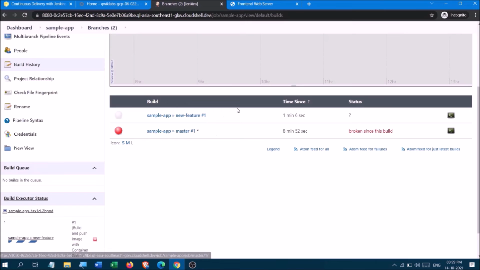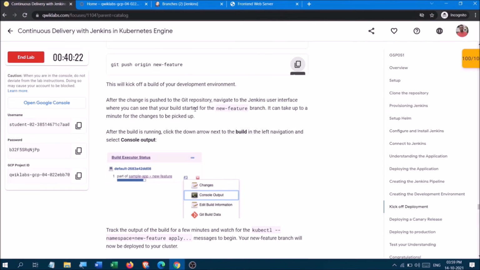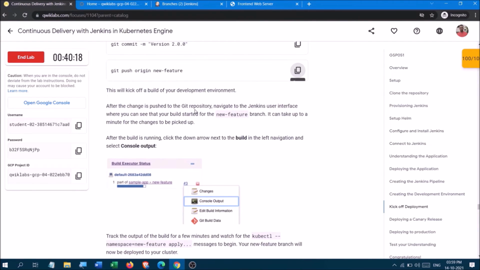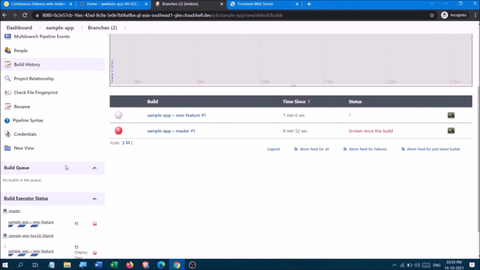See, we have added some new features into this. Okay, see, here it is.